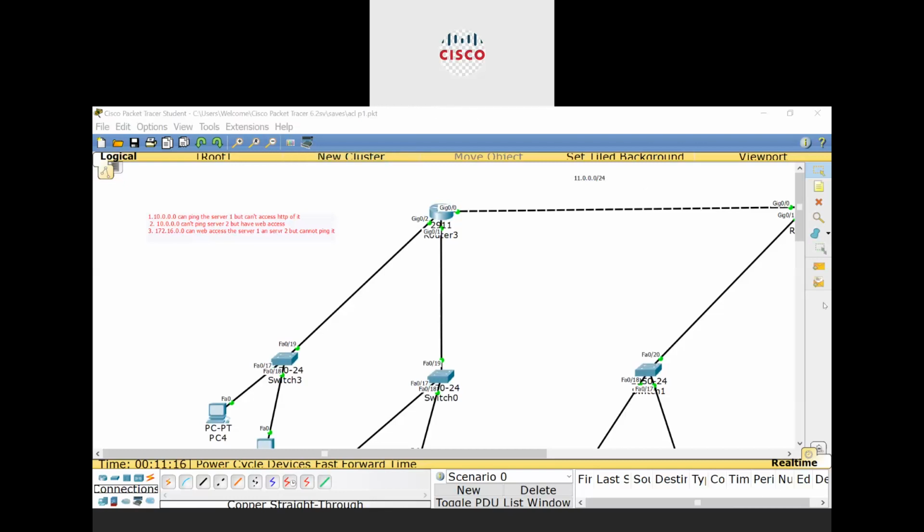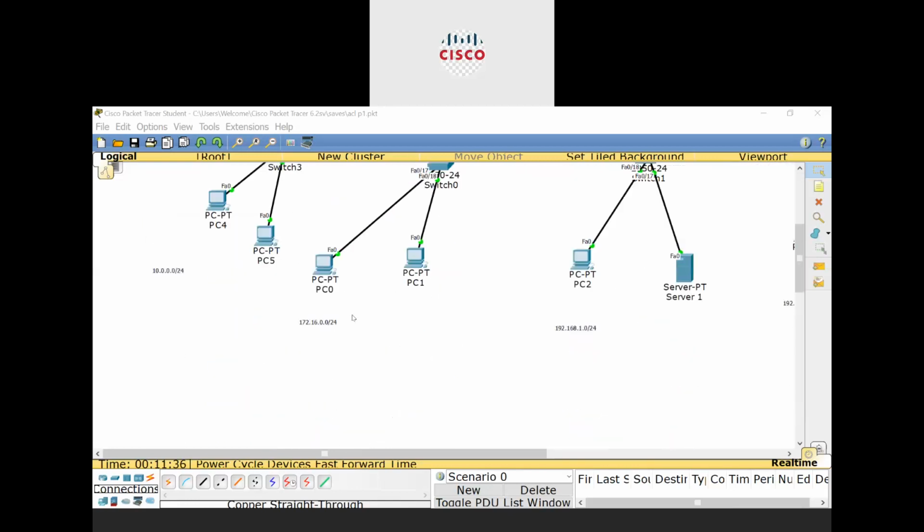I will show you how to use a web server. Let me continue with the second rule. The second rule is 10.0.0.0 can't ping server 2 but has web access. And 172.16.0.0 can web access server 1 and server 2 but can't ping it. So this is what we have.